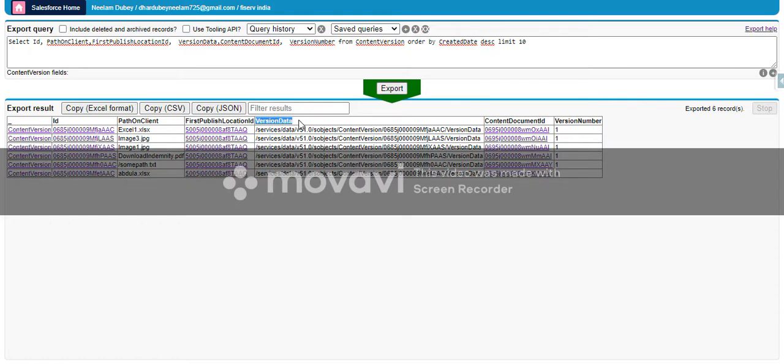Here it is stored in a version data path on the client. In case of attachment there is a name field where it's stored, but in case of content version it's stored here. Content document link, document id. Okay,